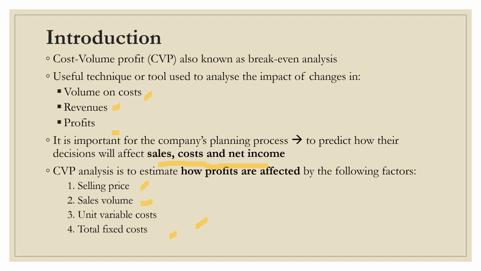Then we look into the sales volume. The sales volume drives revenue, and CVP analysis helps businesses set realistic sales targets and assess the impact of volume changes on profitability. The third one is the unit variable cost. We should understand that variable costs fluctuate with production or sales levels, which means that CVP analysis evaluates how changes in unit variable cost affect total production cost, and